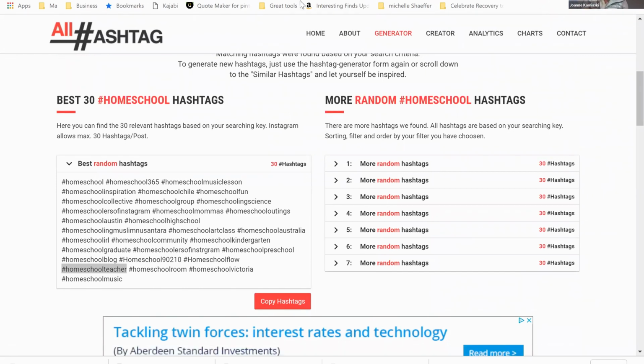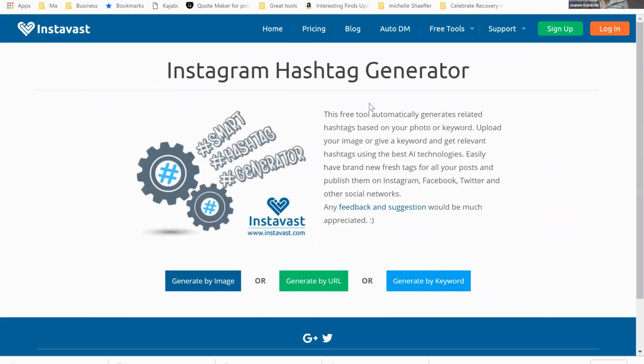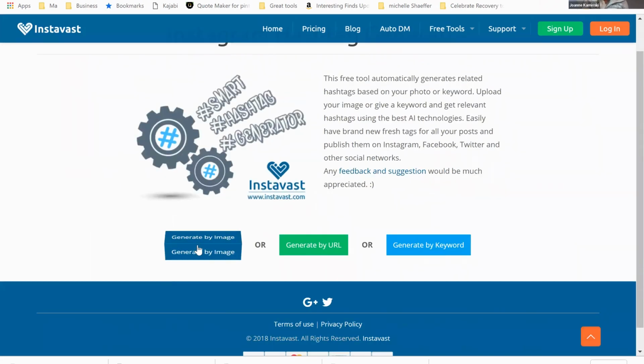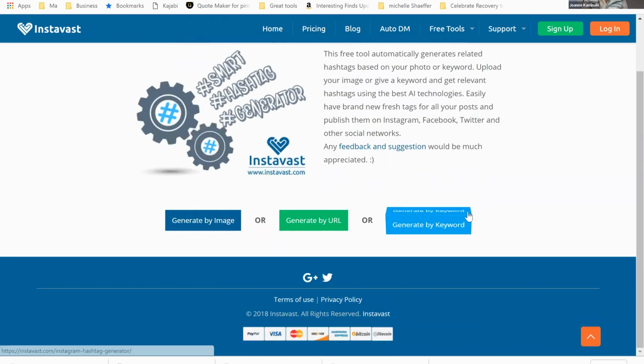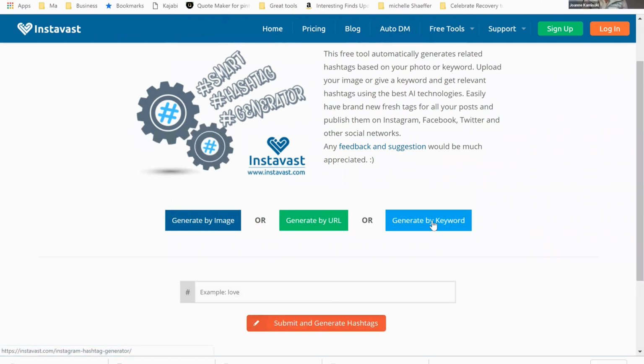Let's take a look at another one. It's called InstaVest. With this, you can actually upload an image and it will give you some related hashtags to your image, which is very interesting. You can put in a URL, or you can, again, generate by keyword and find out some other hashtags that are being used. So if I put in, again, homeschool, submit,